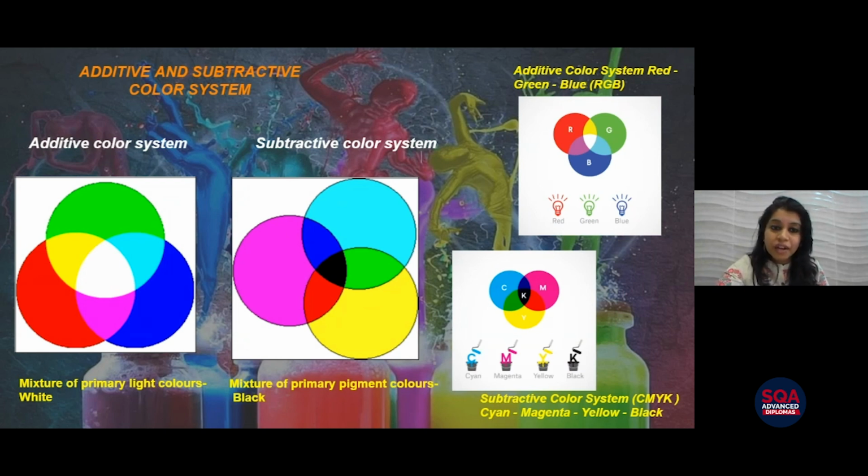Whereas the subtractive color systems are a mixture of any color but with a black add-on to it. These kinds of color schemes are the ones that we see more often in printing. For example, when we are printing a paper and we need a color print of the same, we would see a subtractive color system, which means we see the colors cyan, magenta, yellow, and black.